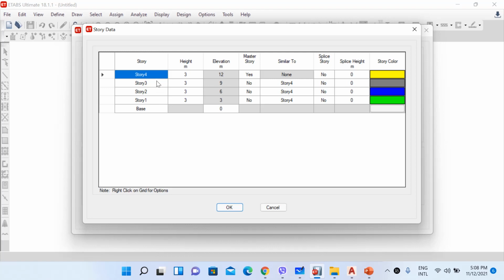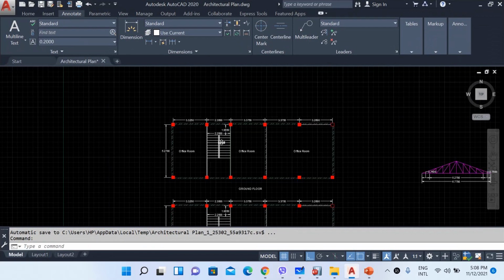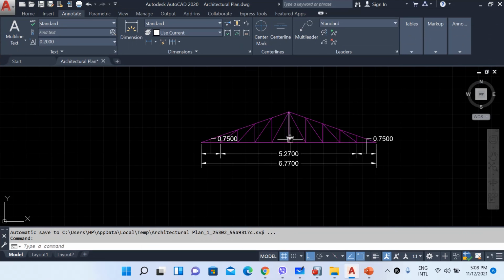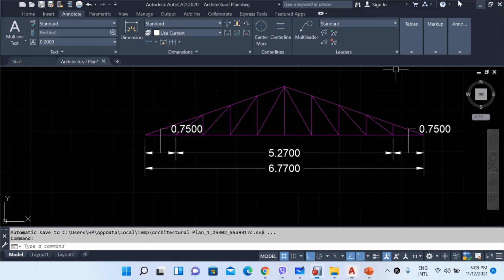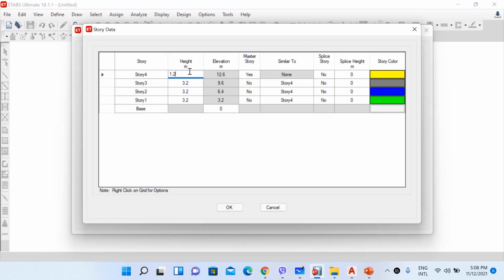So we have base here, and we will take our story to story height as 3.2 meter. So story 1 3.2, story 2 3.2, story 3 also 3.2, and finally story 4. Let's see here that this height of our truss is 1.2 meter, this height of central strut here. So story 4 I will keep as 1.2 meter